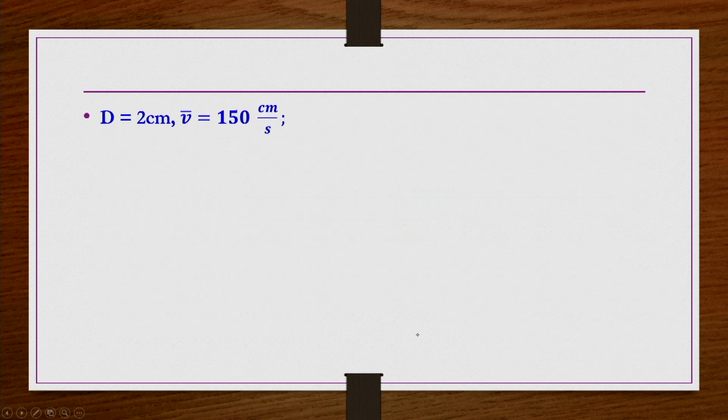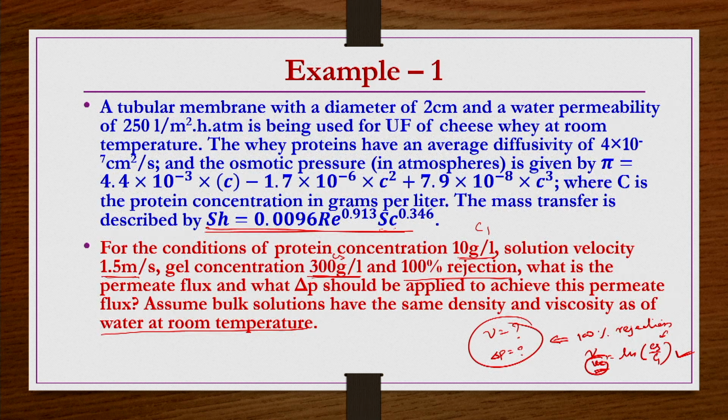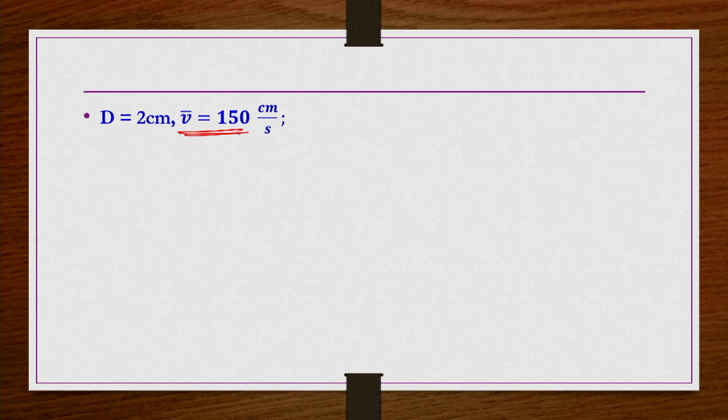So, d is 2 centimeter, V bar is 150 centimeter per second. This V bar is not the permeate flux, it is the velocity of the fluid that is given. For the condition of protein concentration 10 gram per liter, solution velocity is 1.5 meter per second. Whatever the feed is coming across the membrane surface at high velocities, that high velocity is nothing but 1.5 meter per second, it is not the permeate flux. Okay. So, 1.5 meter per second, I will write 150 centimeter per second, because we will be solving this problem